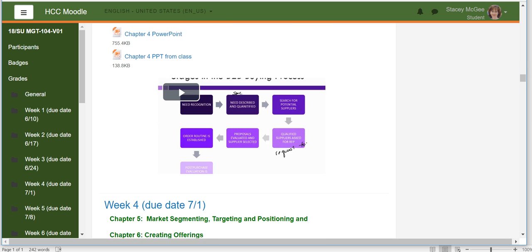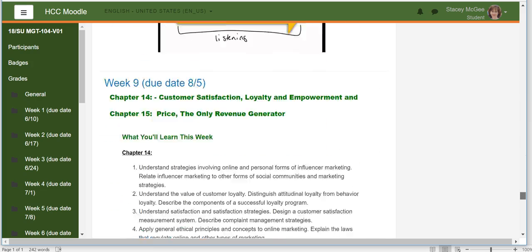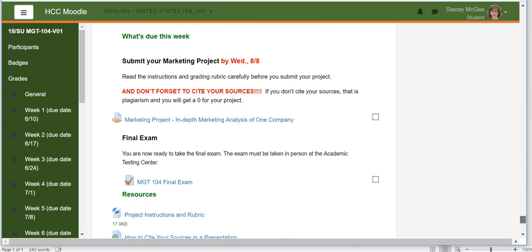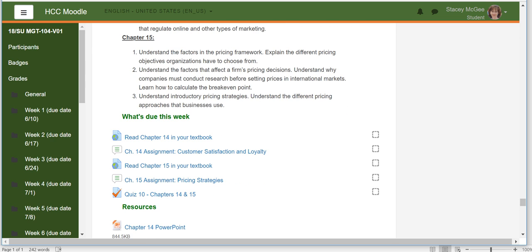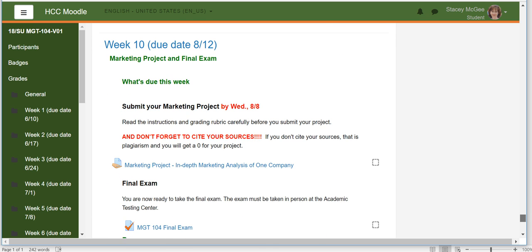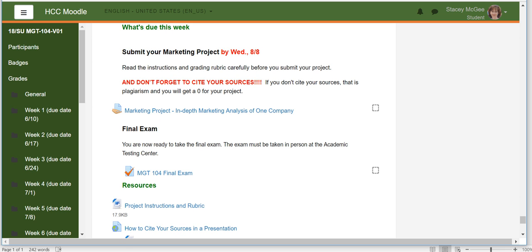I did that. And then if you go all the way down to the bottom, the other thing I should say is some of the assignments require you to do a little extra research. Make sure you cite your sources, even if you just put in a link to the websites you used or the articles you found. But make sure you cite your sources. And then here's your marketing project, which is due on a Wednesday. This document right here gives you some more information about it, and then here's some more instructions and a rubric on what I'm looking for in that. And don't forget to cite your sources.